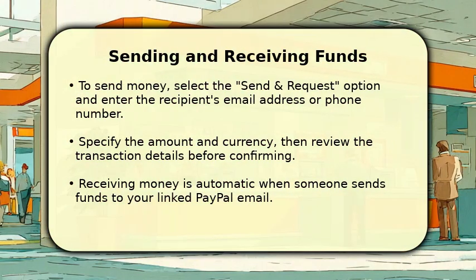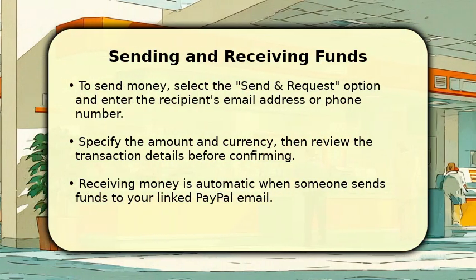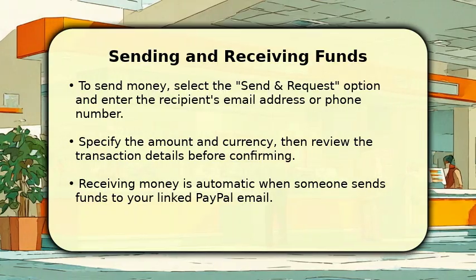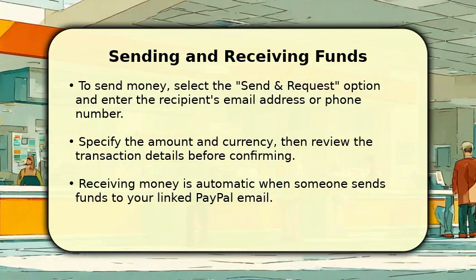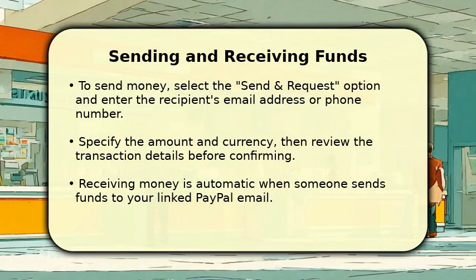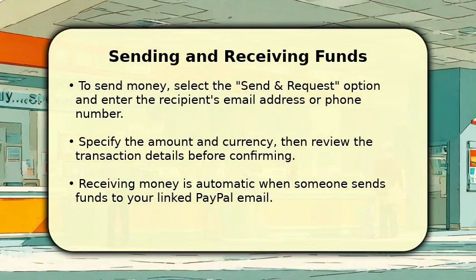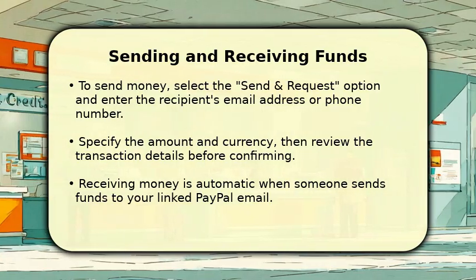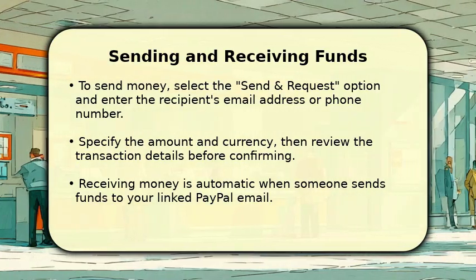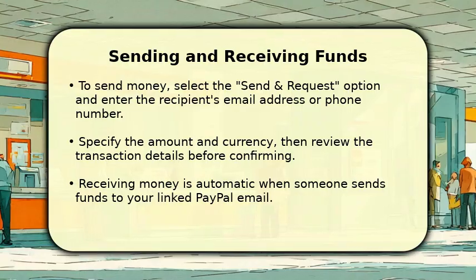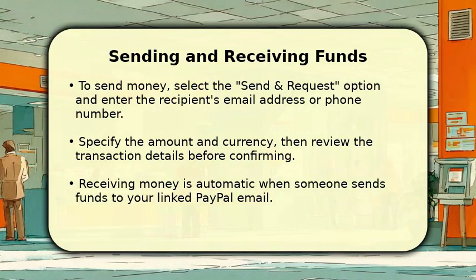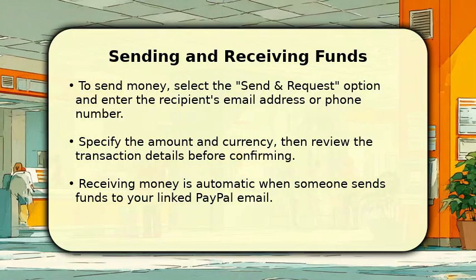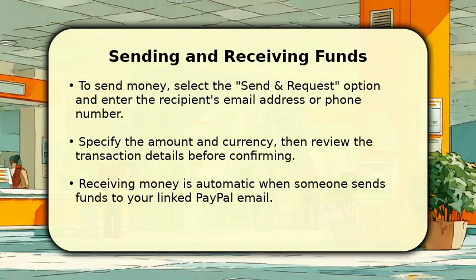Now, let's talk about moving money. To send funds, simply click Send and Request, then enter the recipient's email or phone number. Input the amount and choose your currency, then review everything carefully before hitting Send. Receiving money is even simpler. It automatically appears in your account when someone sends it to your PayPal-registered email. Remember, there might be a small fee for certain transactions, often around 2 to 4%, so always check the details